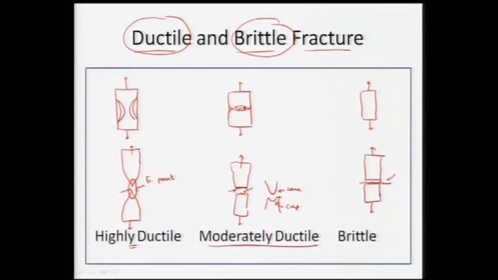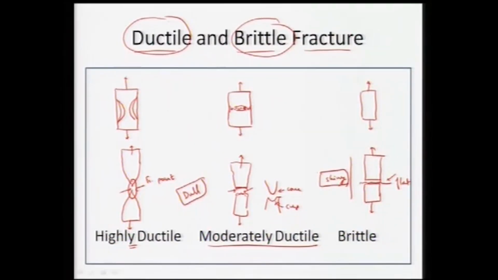So, we will see that the surface is very flat, and apparently no deformation has occurred in the material. What you will also realize about the difference between brittle and ductile fracture is that the fractured surface will be very shiny, whereas these surfaces will be pretty dull when you see them.